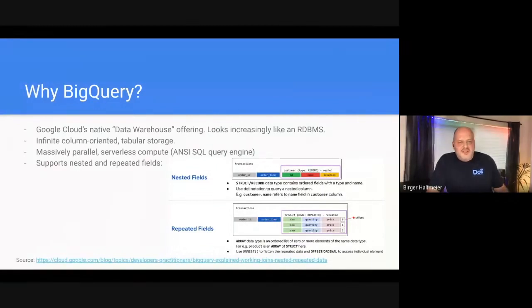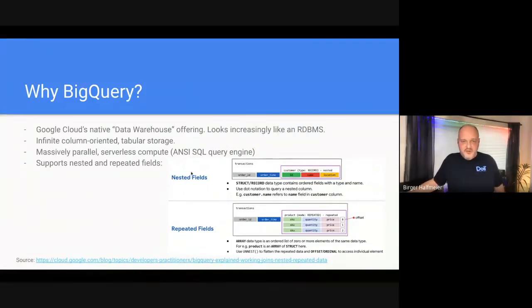But ultimately, it's got two main features. It's got infinite column-oriented tabular storage, and you just pay for what you use. And then to access that data, it provides you with massively parallel serverless compute, and an API that you can send ANSI SQL queries to, and you get back a result if your query is valid. And one feature that maybe not too many people know about is its support for nested and repeated